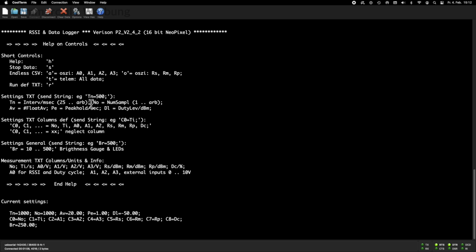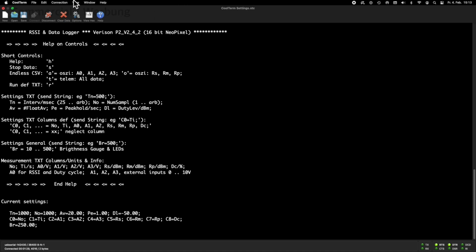The value for the number NO needs to be between 1 and an arbitrary integer number. And if we choose the number of measurements to be 8640, then we can cover exactly 24 hours with our measurements.